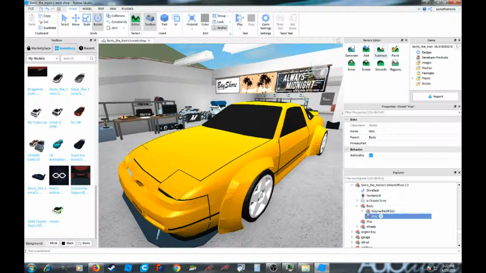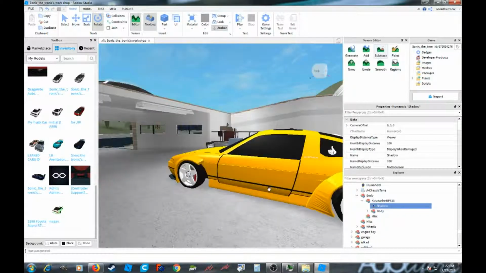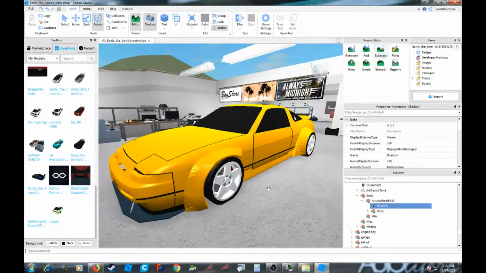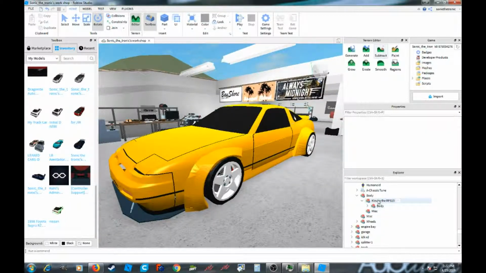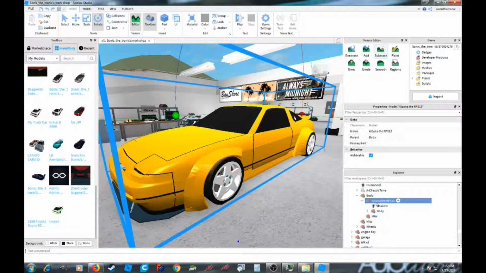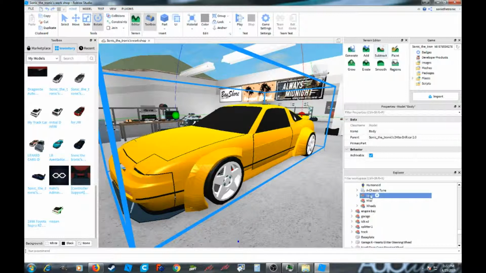And then we have MISC right there again. So then we have shadow. The shadow must not be on here, so I'm just going to delete that. Actually, no, I'll leave that on for now. So then we have body right here again. You don't have to have the word body twice in it. Like if you have a different name for the body, it just has to be in the main body